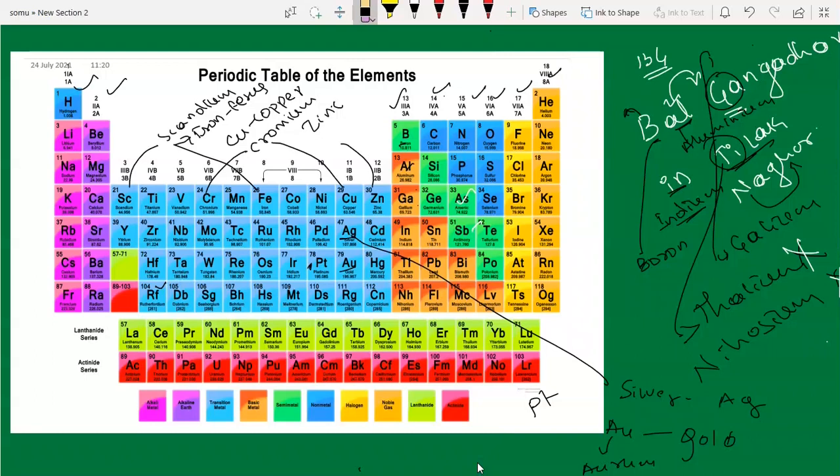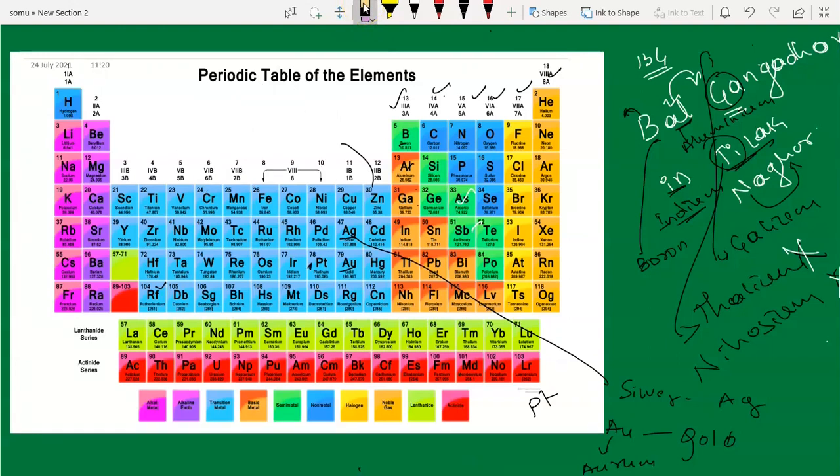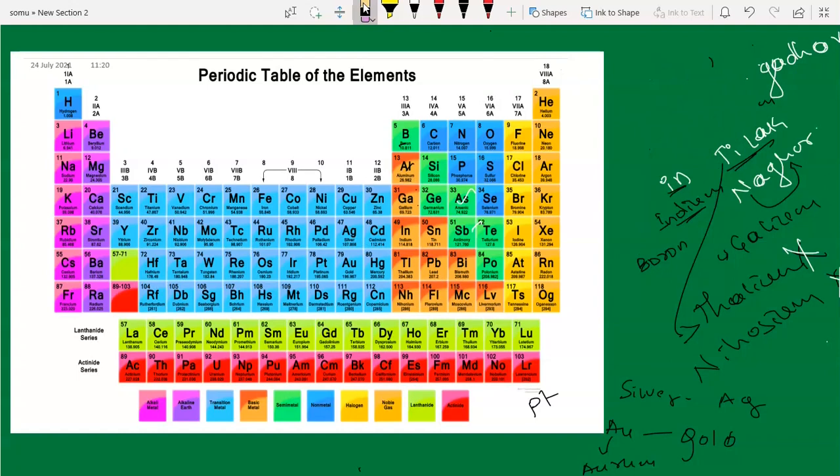Okay. Now our second agenda of the class will begin. In this we are going to find out, now we are done with finding atomic numbers. We already know the elements of the periodic table.